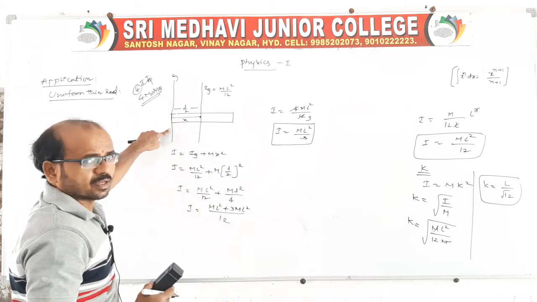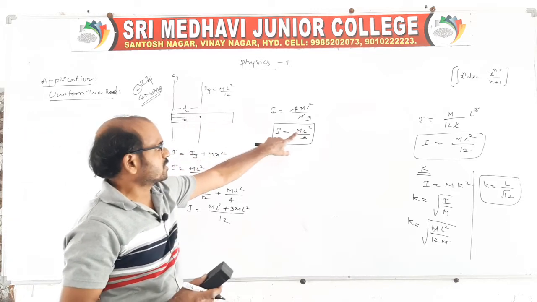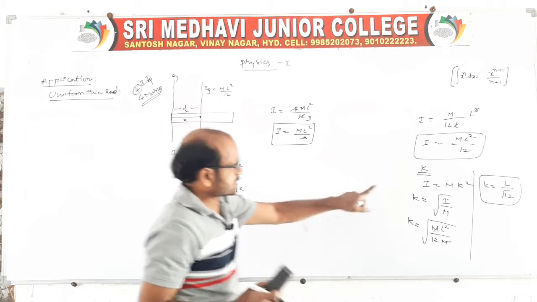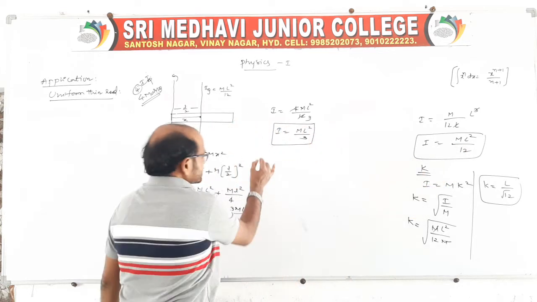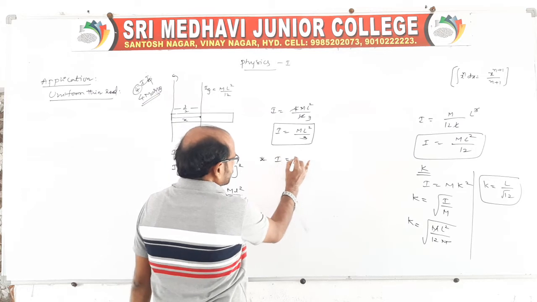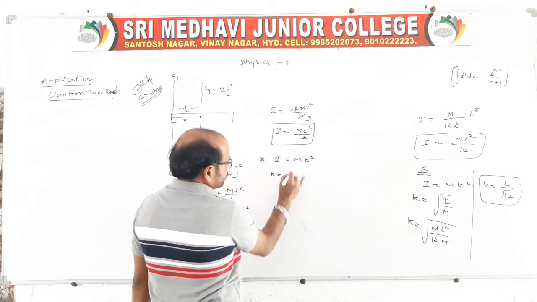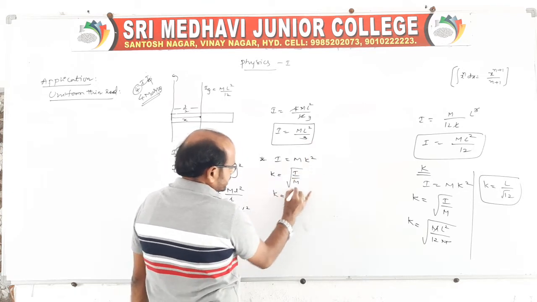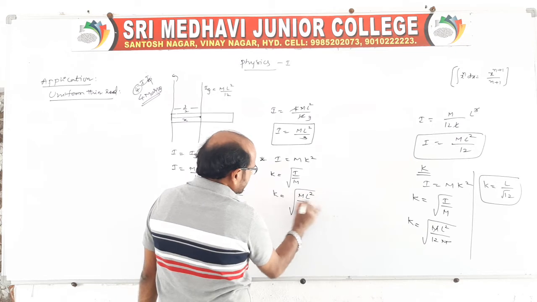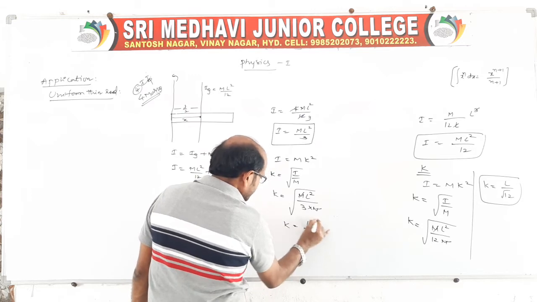when the axis of rotation passes through one end of the rod and is perpendicular to its length. Therefore I is equal to ml square by 3 when passing through the end, and ml square by 12 when passing through the center. As well as we have to say the radius of gyration also. I is equal to mk square, so here we can directly take k is equal to root over I by m. Here you substitute: ml square by 3 into m, then k is equal to L by root 3 is the radius of gyration.